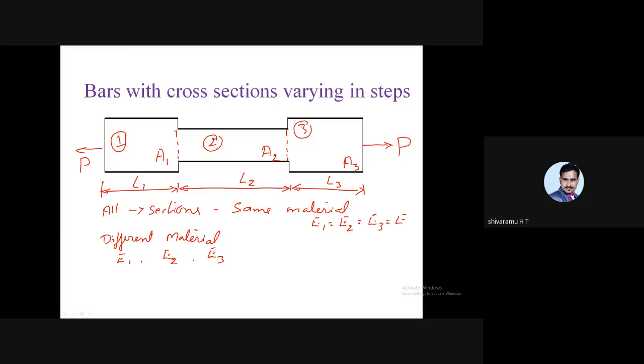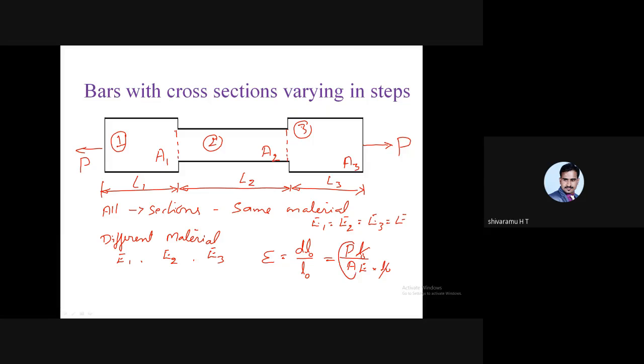And here the strain will be equal to change in length divided by original length. So we know the equation for dl, the change in length or the deformation. dl will be equal to PL divided by AE. If you are considering L0, it is P L0 divided by AE. So dl is PL divided by AE, and into L0, so this L0 will get cancelled.